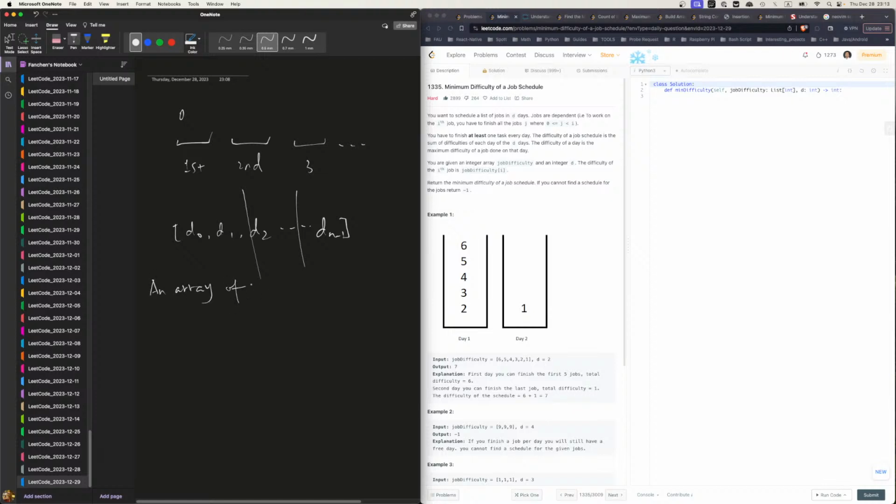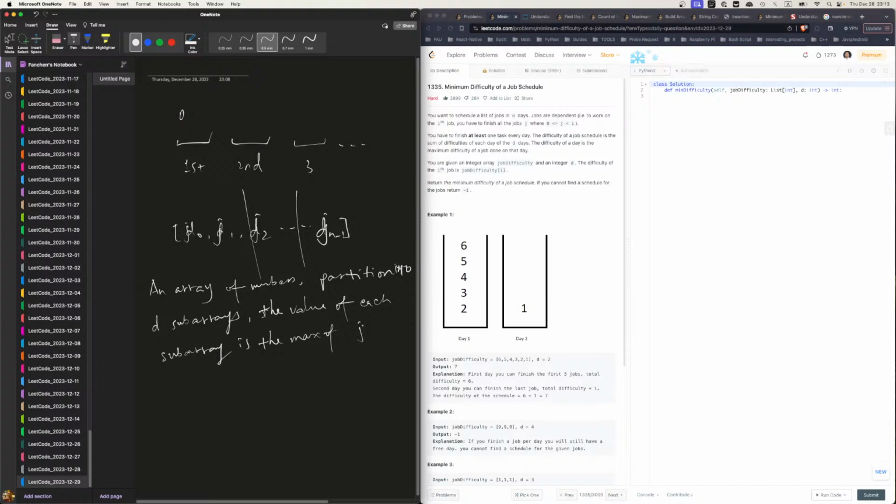So the question is, after we partition into subarrays, given an array of numbers, right? Partition into D subarrays, right? I should not use D, it just gets confusing. Let's call it J. Right? We're partitioning into J subarrays, and the value, right? We can call it the score. The value of each subarray is the max